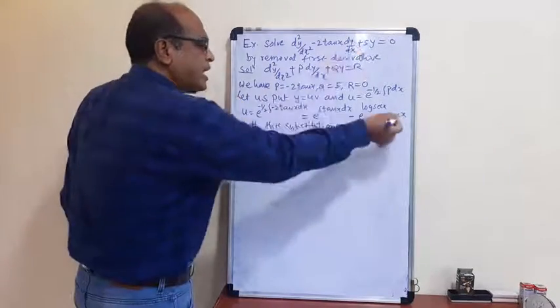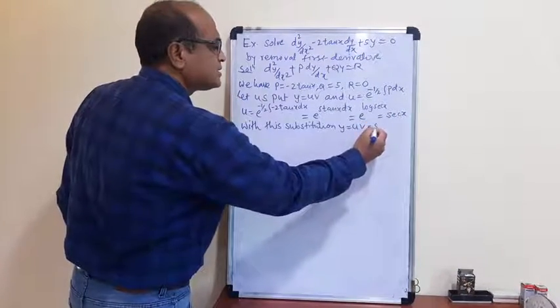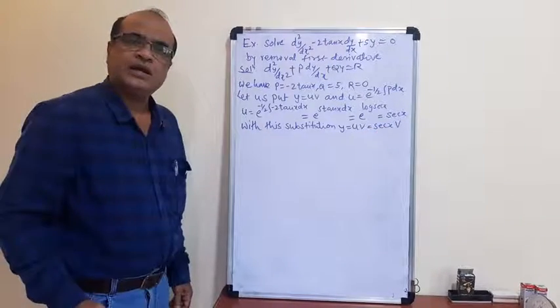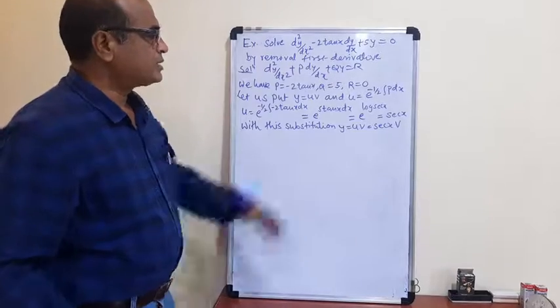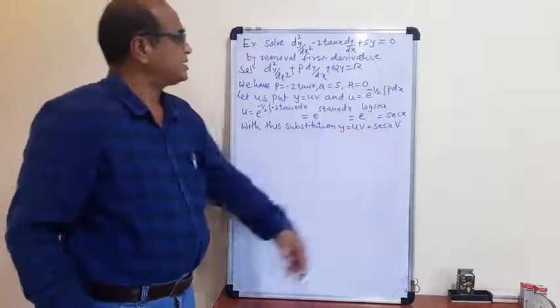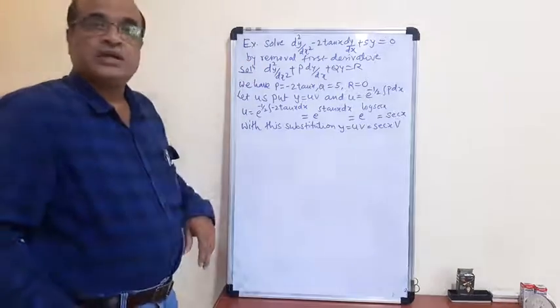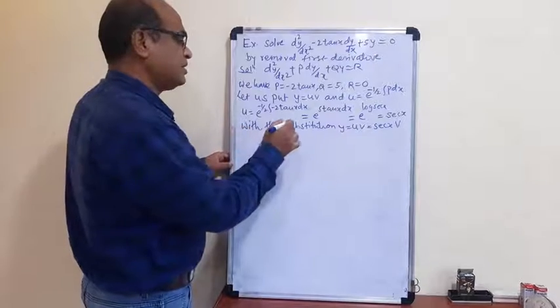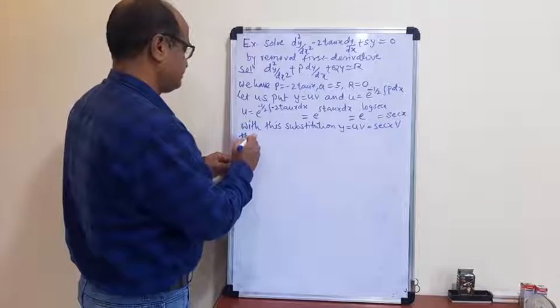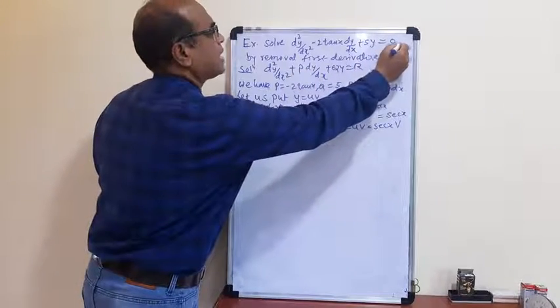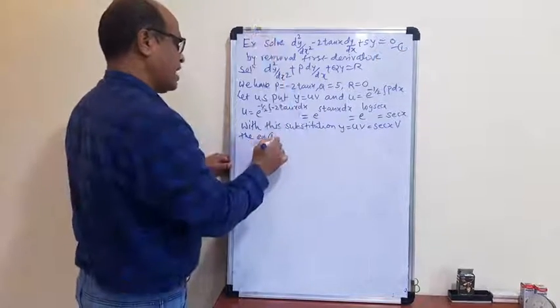U is sec x, so y is equal to sec x into v. Okay. So v is to be determined. So substitute this in this equation. This is equation 1. Equation 1 becomes